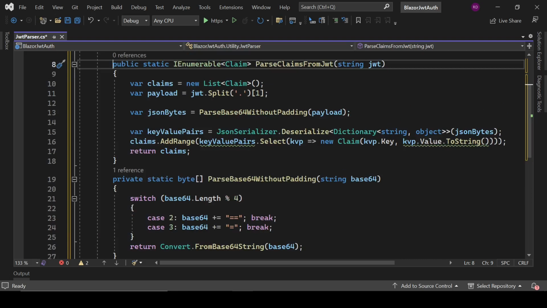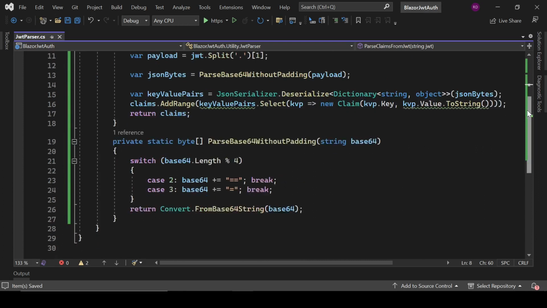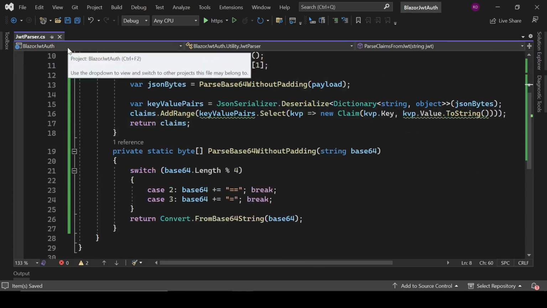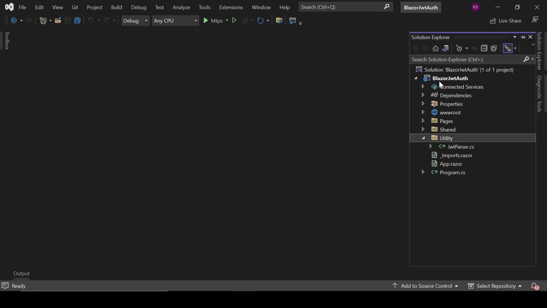You can originally find it somewhere on the internet, and it was somewhere in Steve Sanderson's project. So thanks to him for creating these methods. So now we have our Jwt parser, so we do not need to worry about that. So let's close it, and now we need a